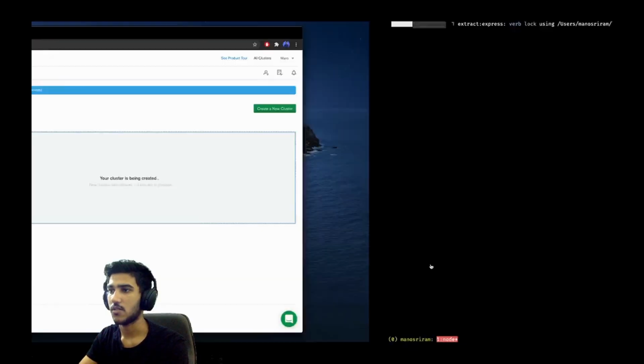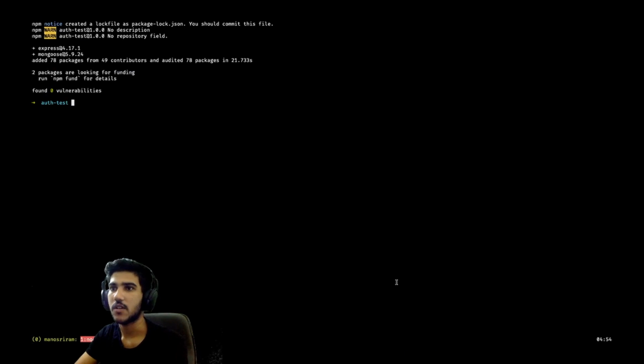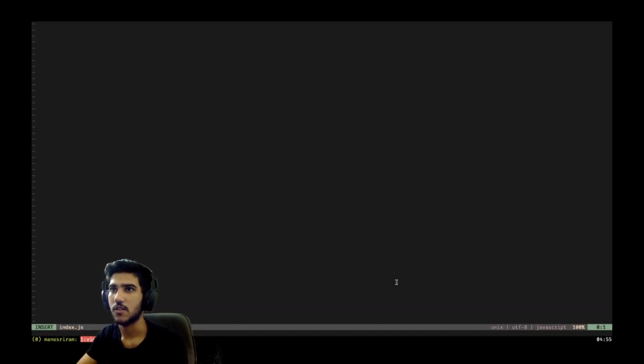While it's installing, let's go see. It is installed now, so we can create a file called index.js, go into that and start editing the file. As said, first we'll be needing Express as usual, and we'll be needing app, which is an instance of Express, and also a port variable to listen to. For now we'll just set it to 5000.